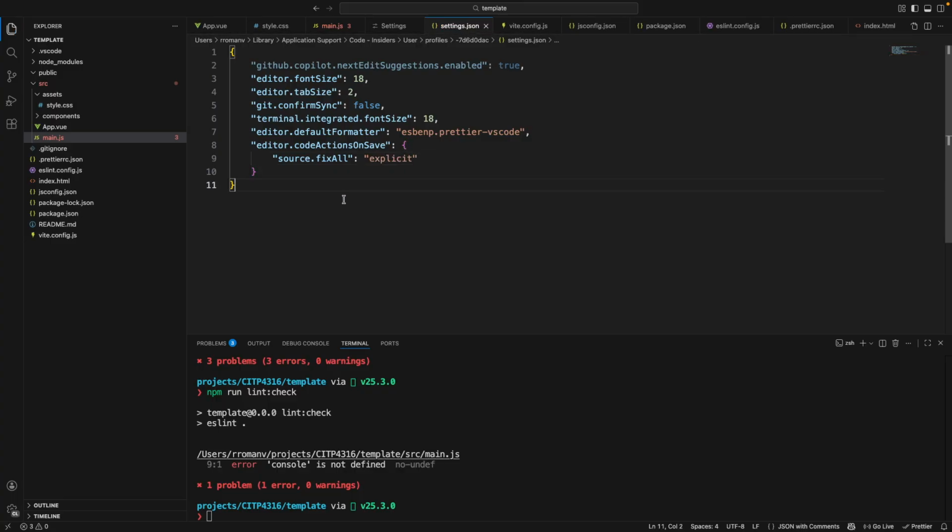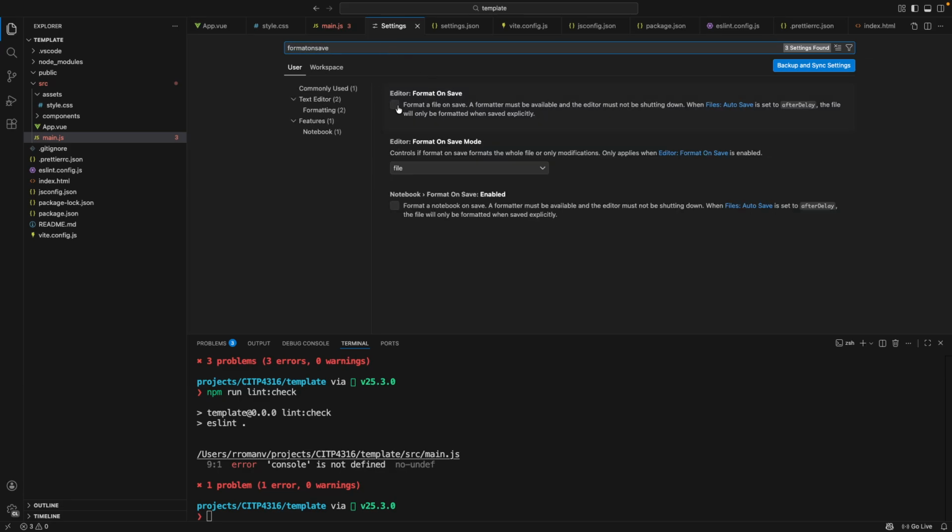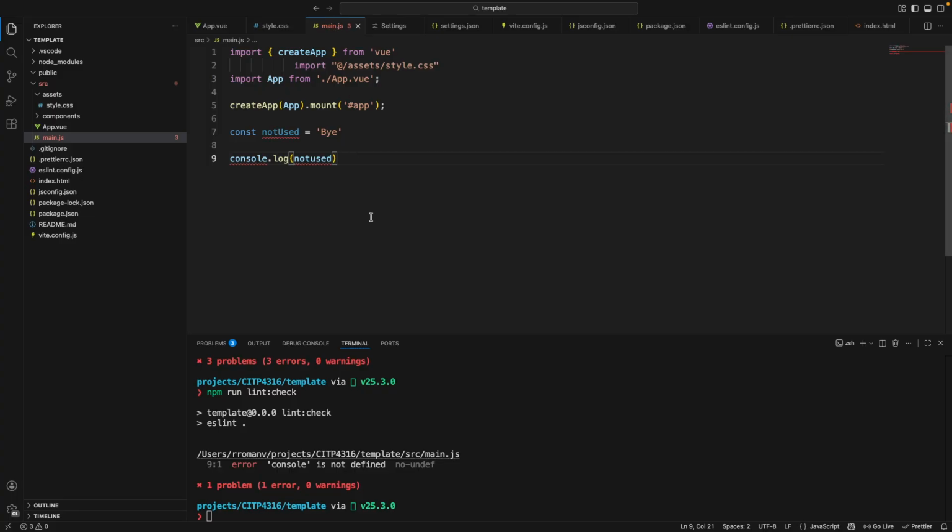Cool. What else can we do here? Let's go back here. Let's look for format on save. I will say yes. And that should be it. So that means if I come back here, look at this. Now I see those curly lines, and those are exactly the same errors that we had in the console. But now we're able to see them through here,